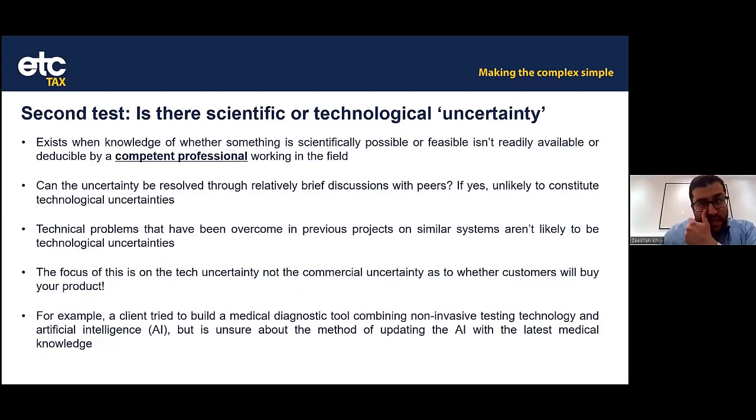The second test, the second limb test, essentially, if you like, is technological uncertainty. So what this means is whether knowledge of whether something is possible or feasible from a scientific or technological point of view is readily available or whether that's deducible by a competent professional. So essentially what we're saying there is, if a company identifies an issue or an opportunity where it can achieve technological advancement, whether the company's actually got the knowledge to be able